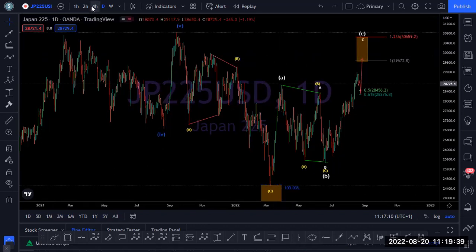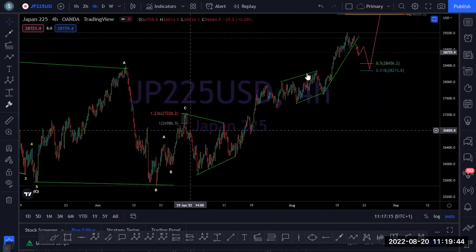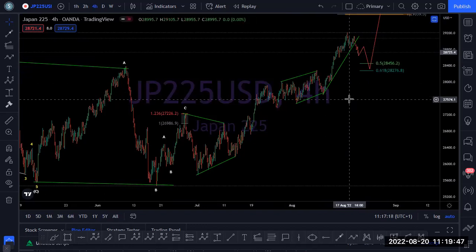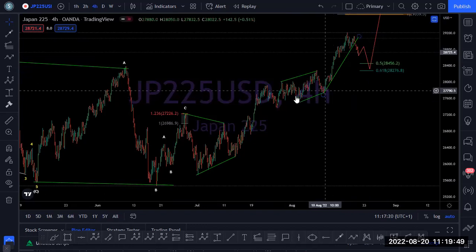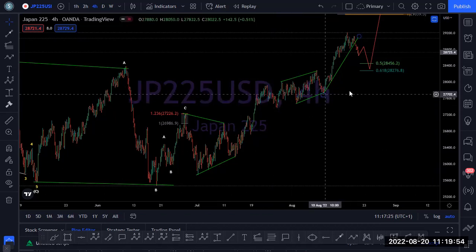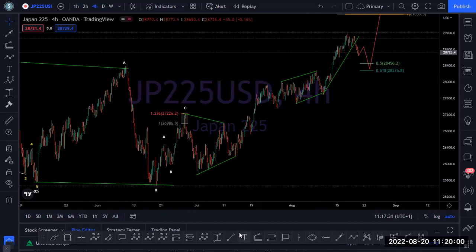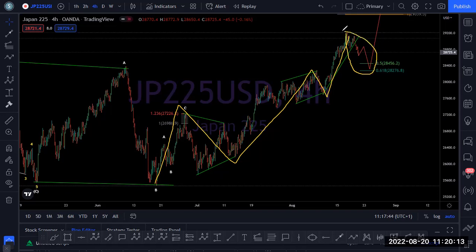Okay, so let's now go to 4 hours to see the recent move. The market has been going up for a long time, though the speed is not encouraging. We expected it to reverse from here and give us a new low. It made a correction and kept going again. It can't keep going forever. We can say that this is 1, 2, 3, 4, 5. So now we might get a shallow or minor correction, which will end here, or it may go deeper.